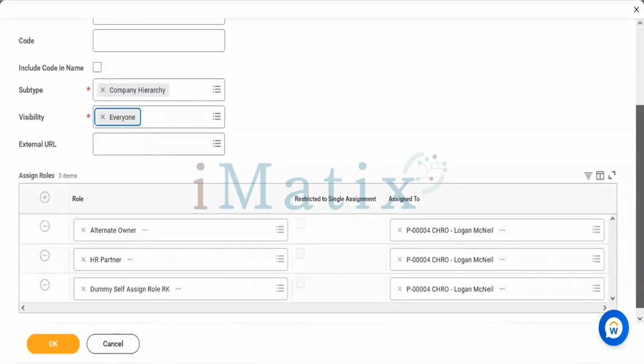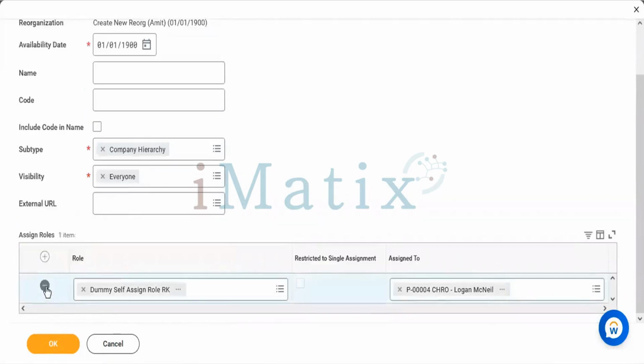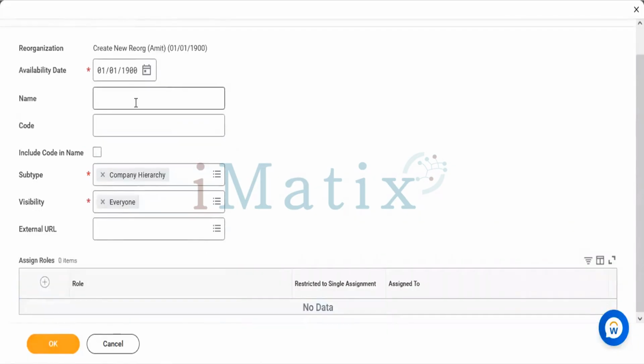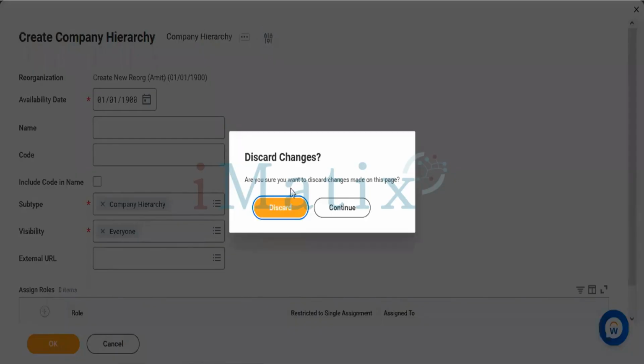It's simple, you'll be providing these details. Since these are not relevant roles, we'll be removing these roles. And when you click on whatever name you have given, with that name your company hierarchy would be created, and similarly company. Similarly, the same task you'll have for company.